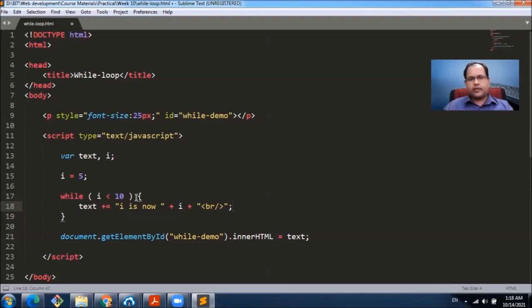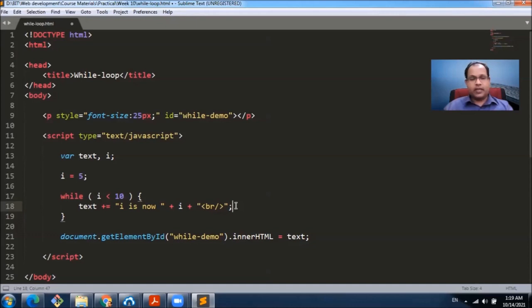But if you notice, i is always 5 and this will never end, because 5 is always less than 10, and if we don't increment i, this will be an infinite loop where the browser will keep adding text one after another with the same i value 5.